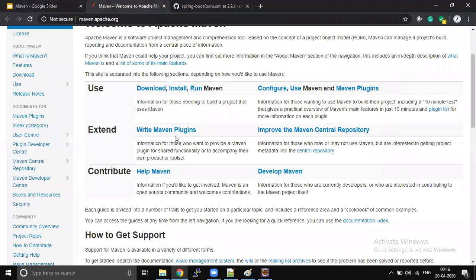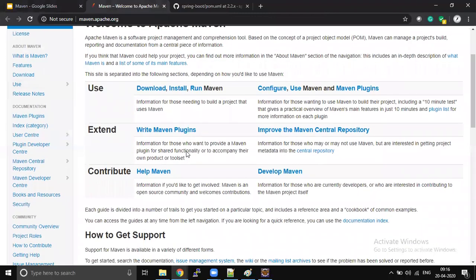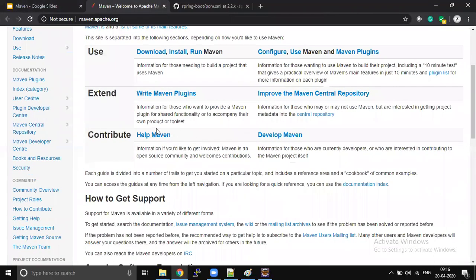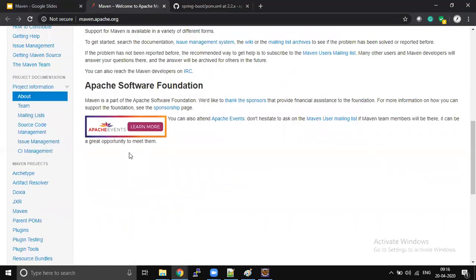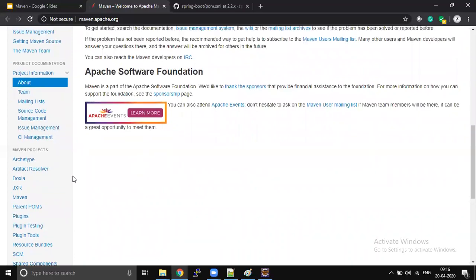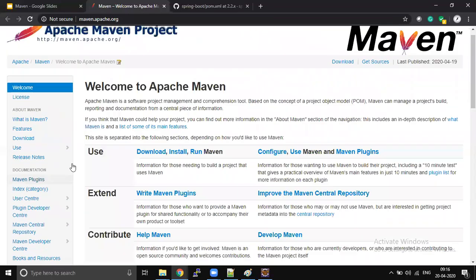But if you want to learn more about Maven, just go to this site and go to the concepts. I think we have learned most of these things: central repository, developer center, plugin management, dependency management, the same parent form, plugins, multi modules.